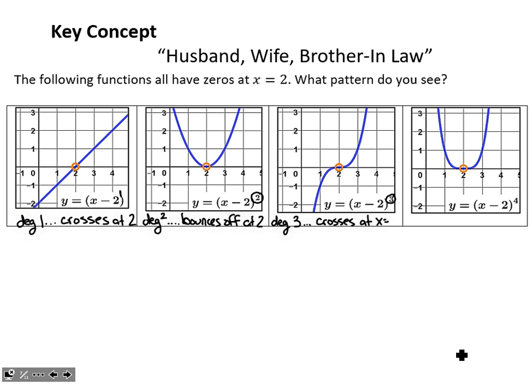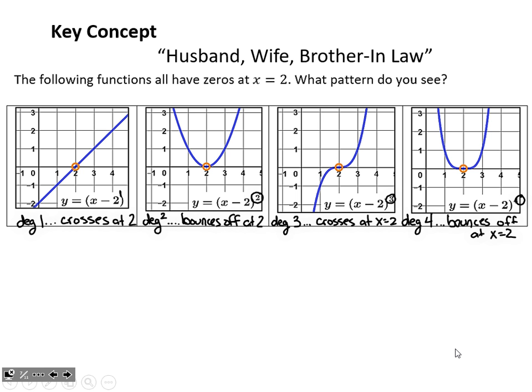Although it kind of wiggles a bit, right? And then lastly, if I see that solution 4 times, we again have the graph bouncing off at x equals 2. So can we see the pattern there? It crosses, it bounces, it crosses, it bounces. Each one of those functions gave us one solution, 1, 0, but the multiplicity, the repeated root, shows us different things.